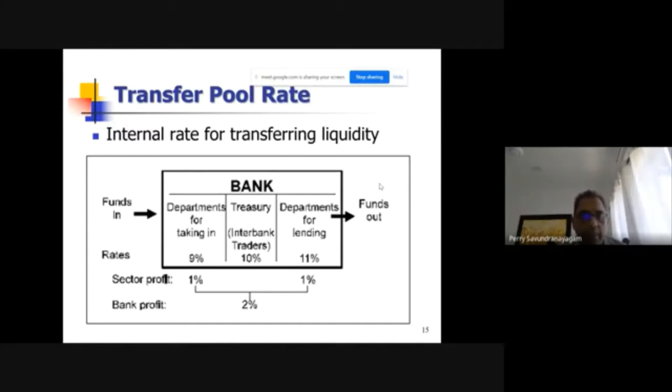What is the risk to the departments? Say, for example, department, consumer banking, they take in a deposit at 9%, right? And then they transfer it to Treasury at 10. What is their risk? You mean the basically risk they don't have a risk. They may have some sort of reputational risk and money laundering and all that risk, FCC risk, right? But they won't have any market risk. Do you agree with that?